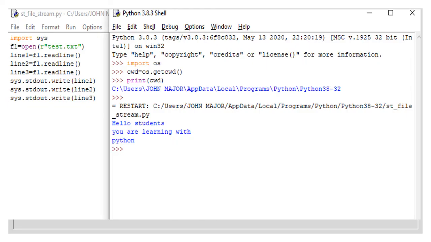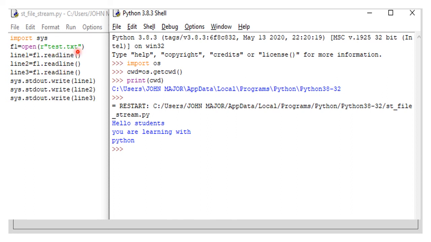Let's see the first one. Here we are importing sys, and then f1 equal to open of test.txt for read mode. Here we are using r of test.txt, and the first line we are going to read is readline of f1, and the second line from the test.txt file.